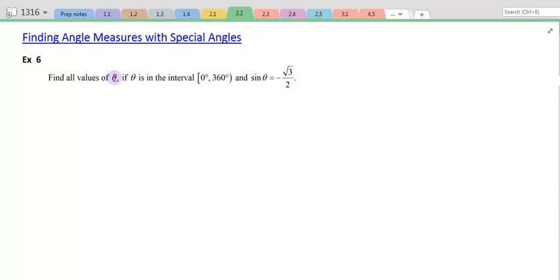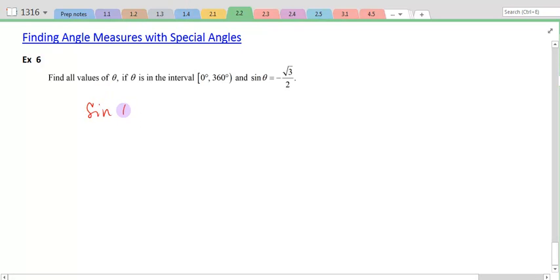I want to find out all the values of theta on the interval between 0 and 360 where the sine of theta is equal to negative square root of 3 over 2. Let's break this down. I know that the sine of theta is negative square root of 3 over 2, and therefore, since sine is y over r, y is